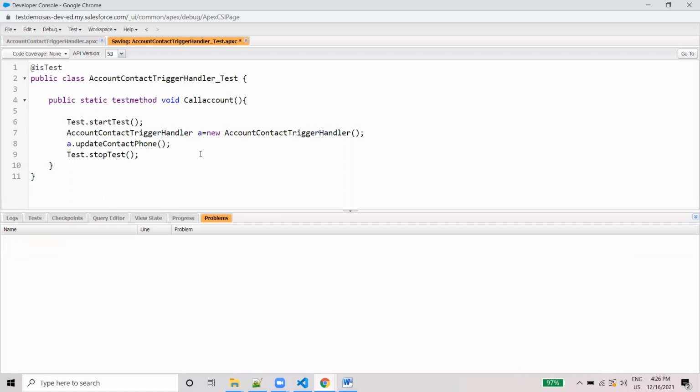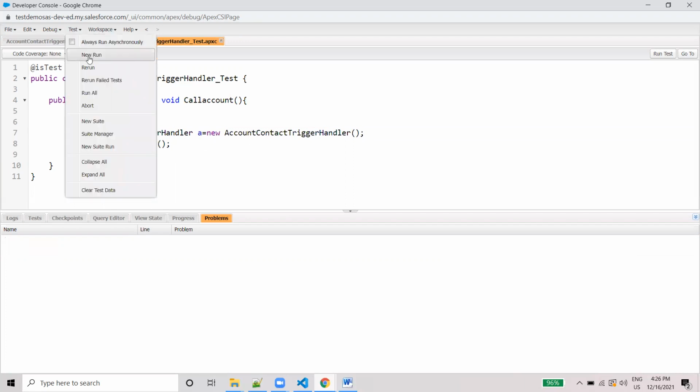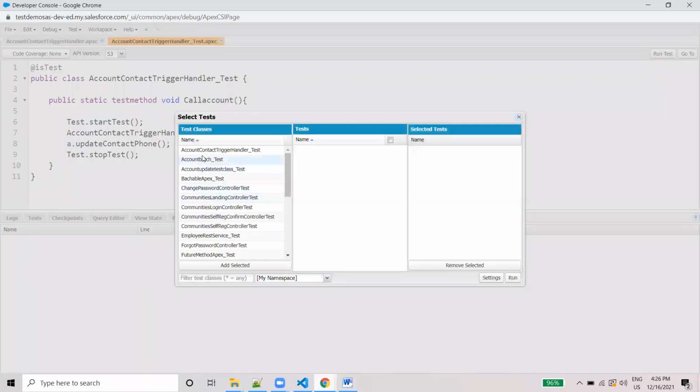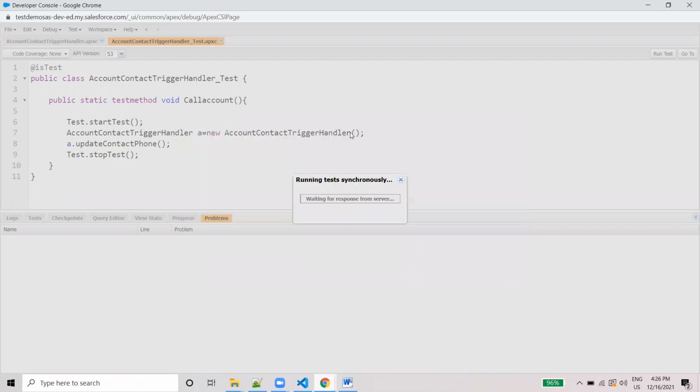You can save this, go to Test, New Run, choose your test class, and your test method will appear here, and you can click on run.